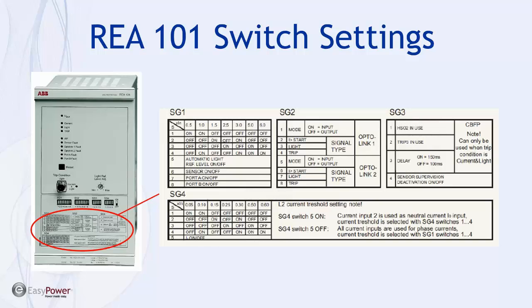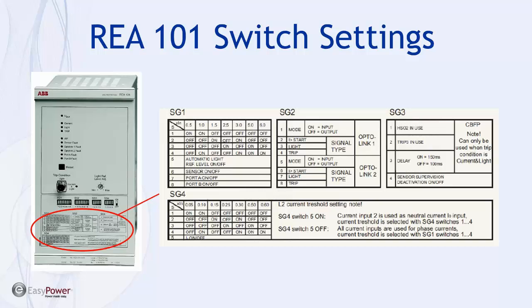I'll briefly go over this now because we'll talk about it later during the examples. There's a lot of switches here, but they can be categorized, subcategorized, in just a few areas. One is they can determine the pickup of phase and ground. That's what you see here in setting group 1 and 4. You can enable backlight compensation, you can enable the sensor, and you can enable the ports for connecting other devices